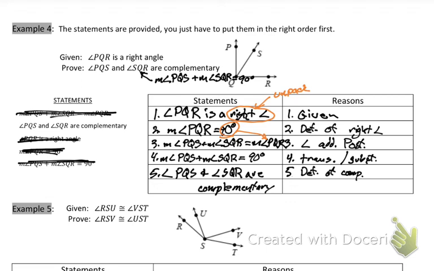And I didn't even need the things off to the side. A lot of proof writing is just following a sequence of orders. If you see a fancy word, unpack it. Look at this and unpack what this means. Complementary means 90. I'm looking to make things equal to 90, which means I need to break things apart. To break things apart, I need to use the segment addition and the angle addition postulate. If I need to write things in smaller pieces, we chunk it by using those two postulates. Any questions on